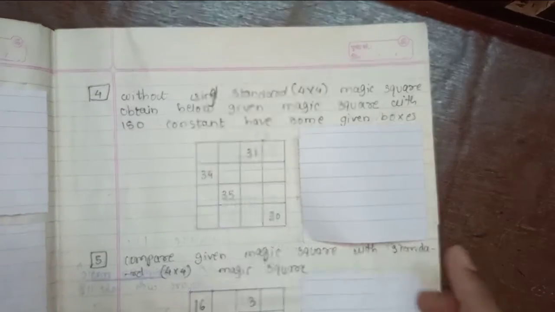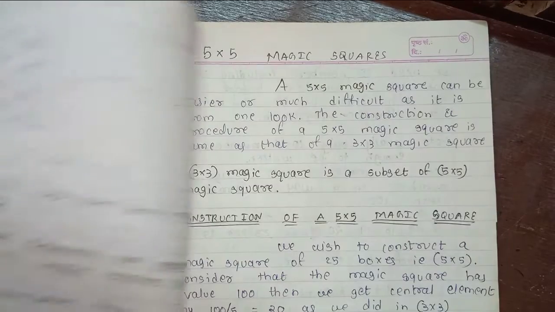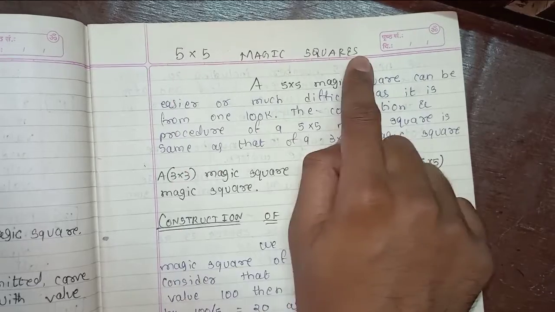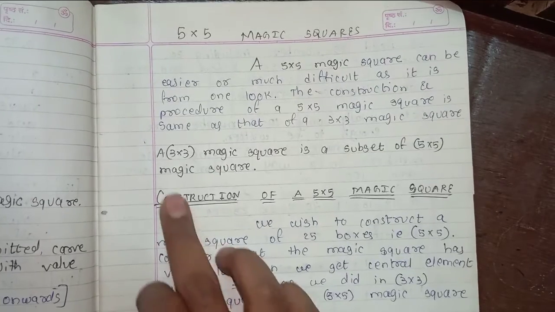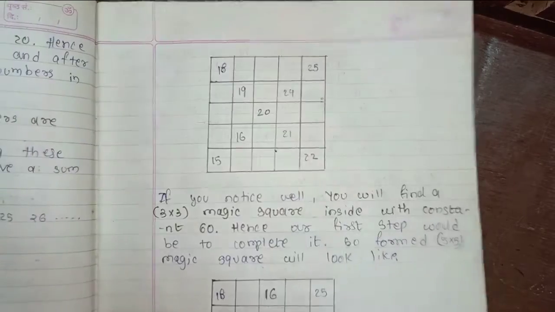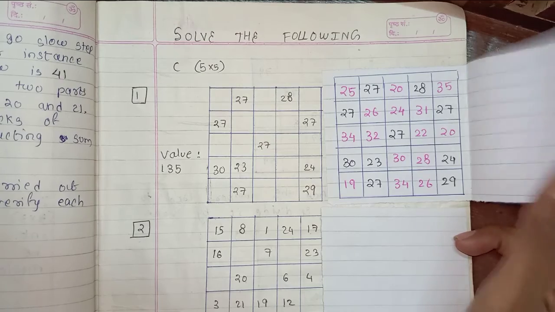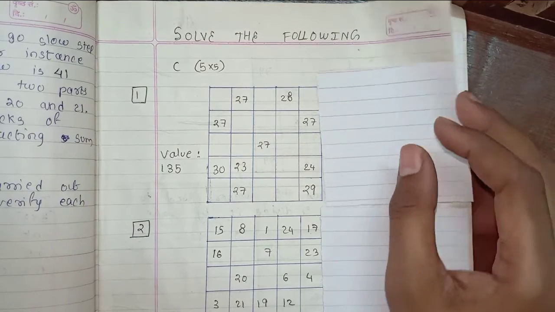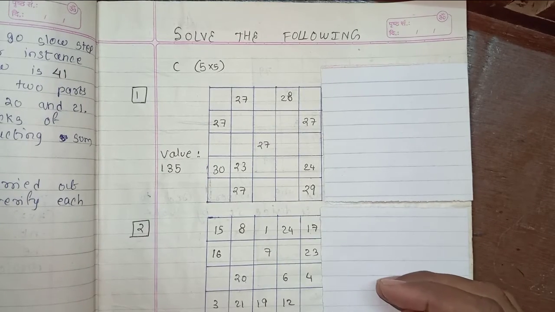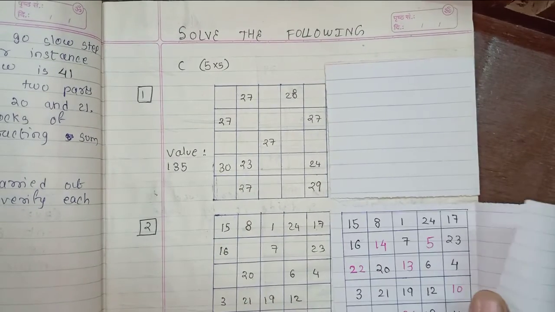You can see all this. Then again word problems related to this 4 by 4 magic square. After the 4 by 4 magic square completes, I have started 5 by 5 magic squares, that is constructing a magic square with 25 boxes. First it contains the method of how to make it, and then it contains the exercise. Just like the maths textbook in school, first the concept is given, how to solve it, some examples are given, and then the exercise is given. So the same way I have written it.